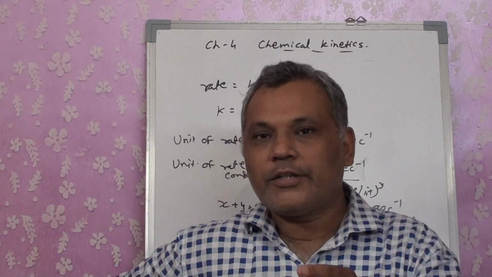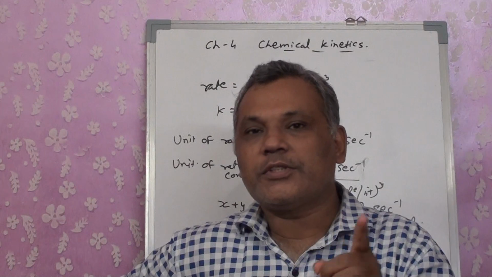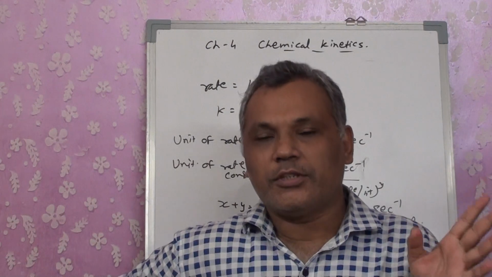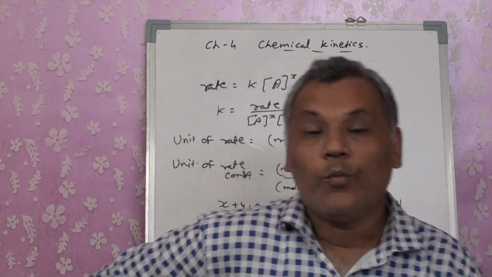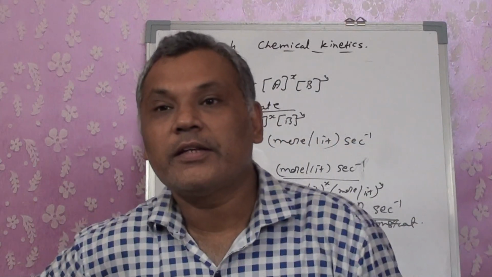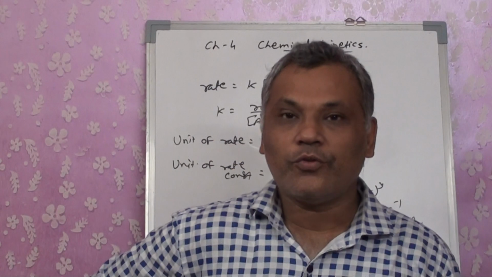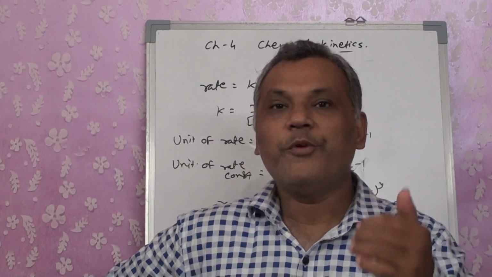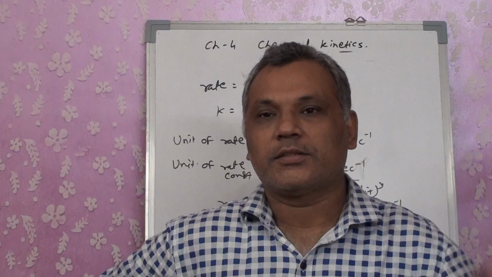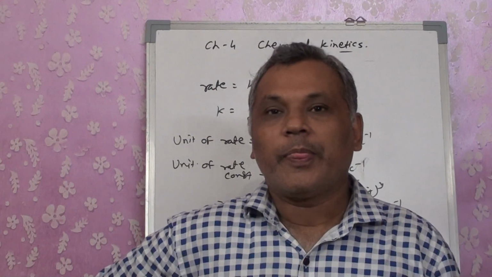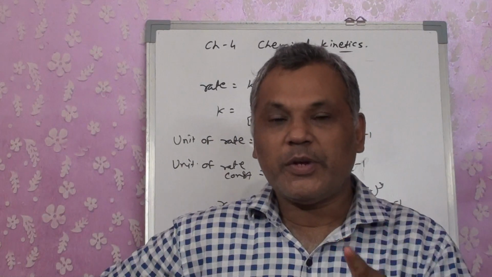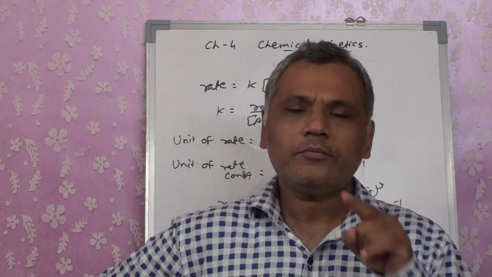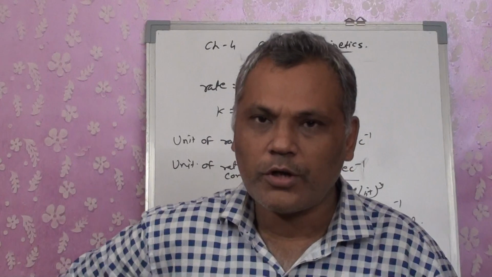Again, order of reaction is the number of reacting species that take part after the reaction has started, or during the reaction. Molecularity is the number of reacting species that come closer to one another before the reaction starts. Okay, so this is your definition, but at the same time this becomes a question for you: the difference between order of reaction and molecularity.